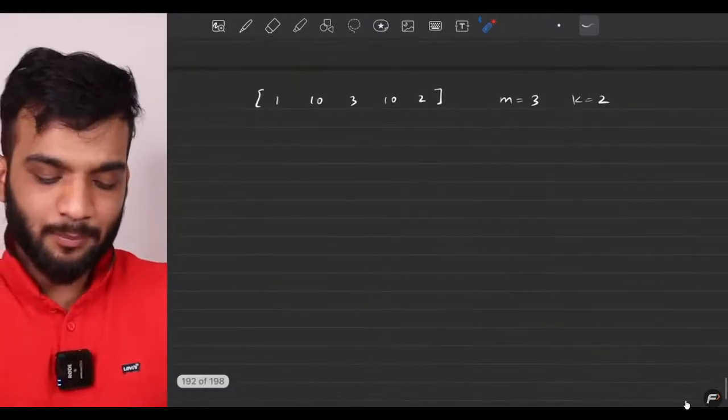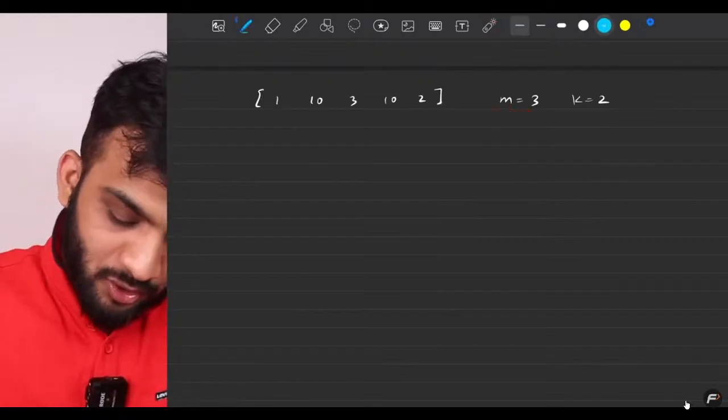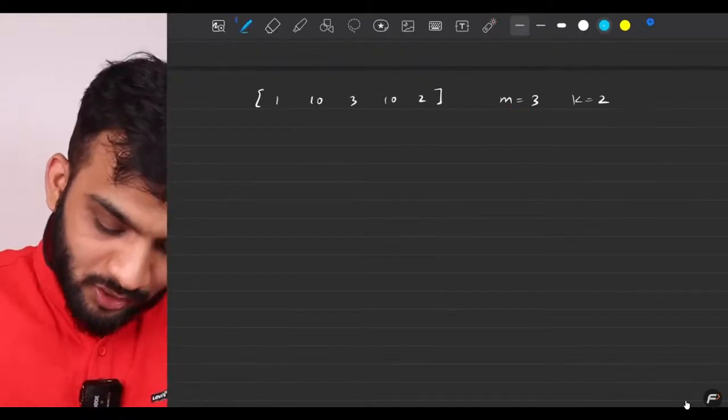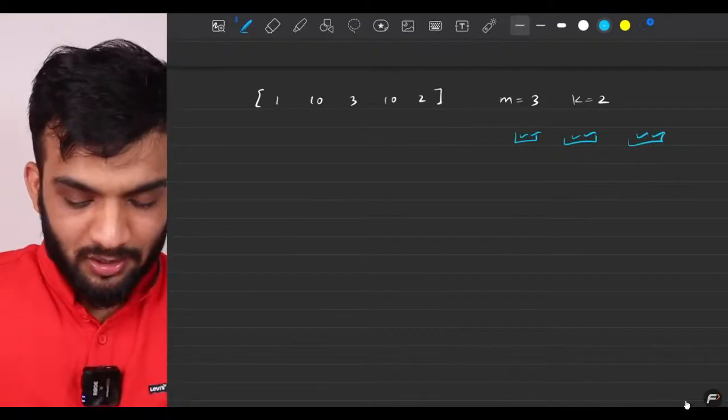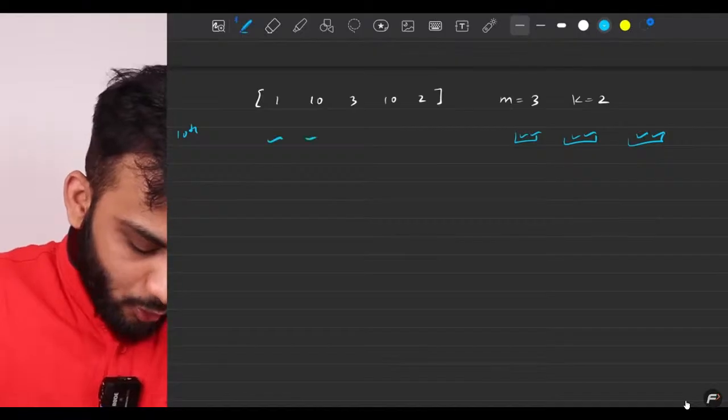Let's take one more example. What about this? Now in this, they're asking you to make 3 bouquets with 2 flowers each, but if you carefully observe, even if you take the 10th day, all the flowers would have